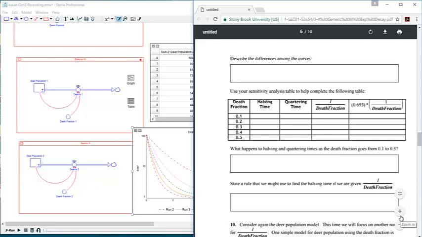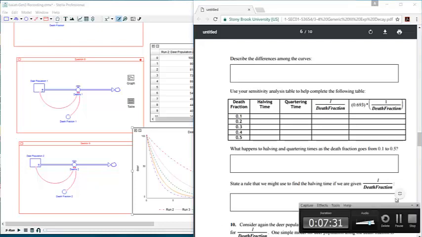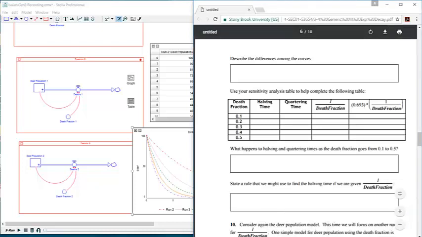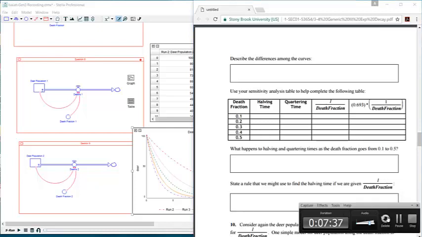Now, keep in mind that 0.693 is a very significant number. You will learn that by the end of the lab. But by multiplying 1 over the death fraction by 0.693, you will get a specific value, which is actually the halving time that you will see the death fraction occur at. So through this formula, you're able to calculate what the approximate halving time would be given a certain death fraction. So go ahead and fill in those values, the remaining values on the table,